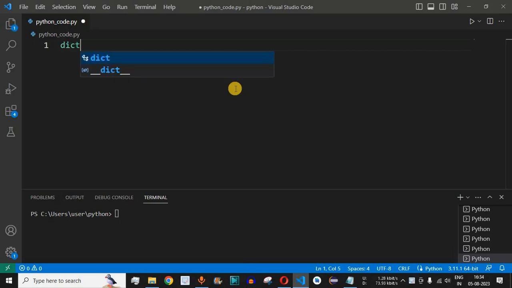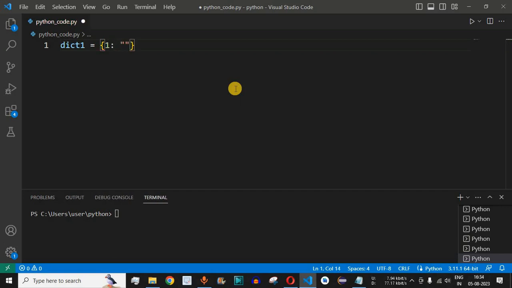So guys, the very first thing that we will be doing is define the dictionary. Let's say we have dict1 as the variable name, and then we have the open and close curly braces, and inside this we will have the key value pairs which will define the dictionary. Let's say we have the key 1, and the value for this key is the string representation of this number, that is 1.